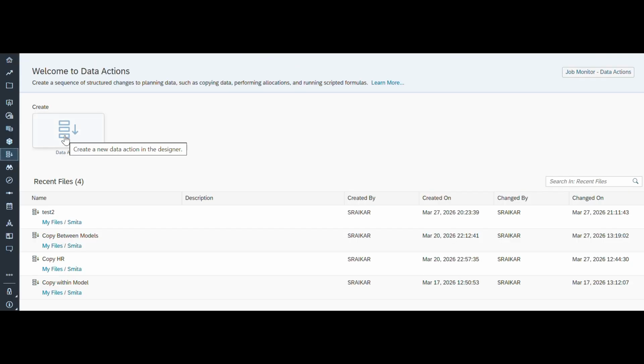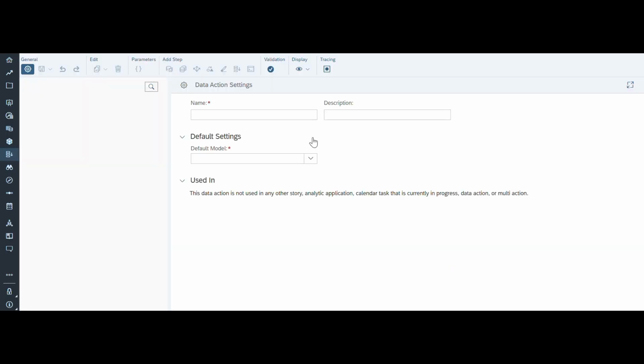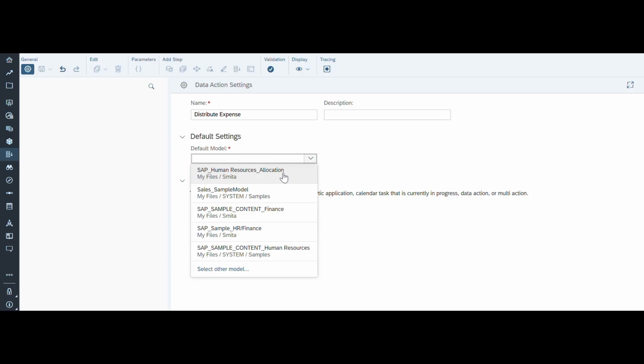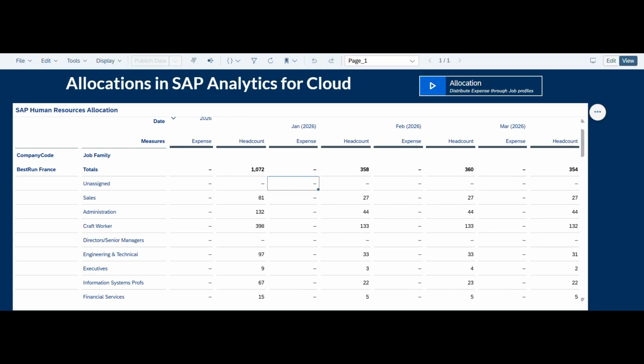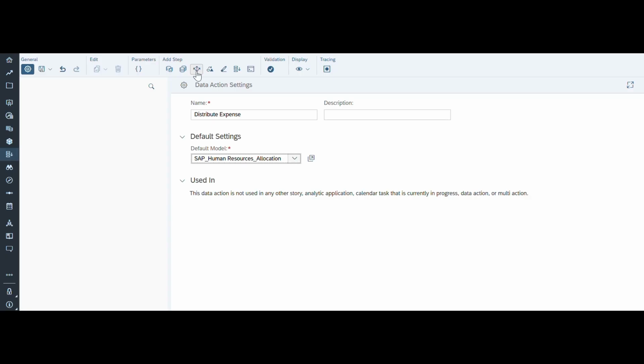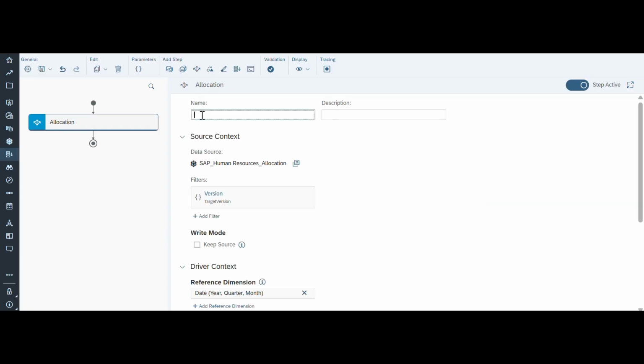So go to shell bar, go to data actions, create a data action. I will name this distribute expense, and obviously the model on which this should be done. This is the model which I have added in my story. Now I will add a step, allocation,